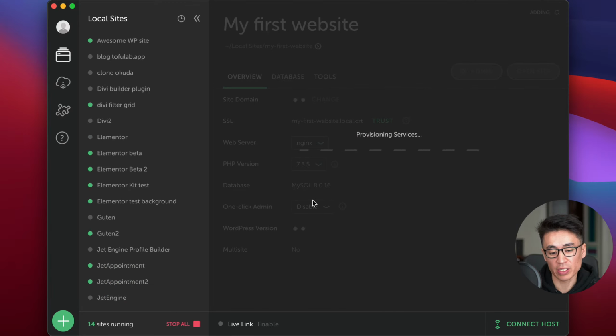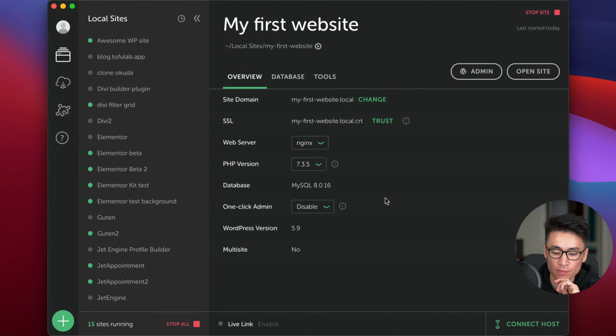And now what it's doing is actually creating your first website. And here you have to put your password. Yours might not ask. It's installing WordPress. All right, so now you can press admin or open site.